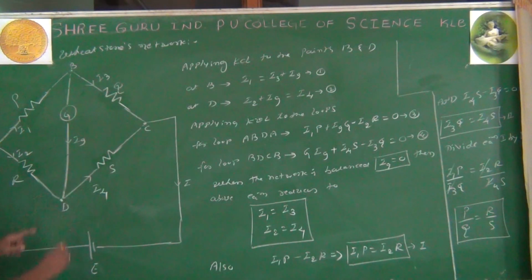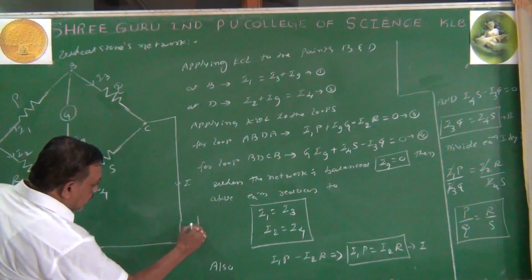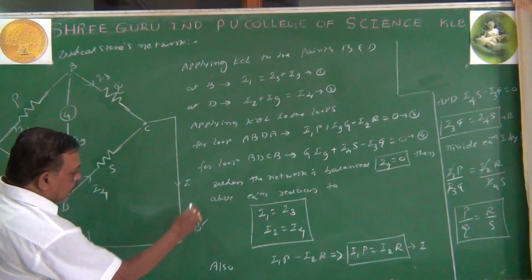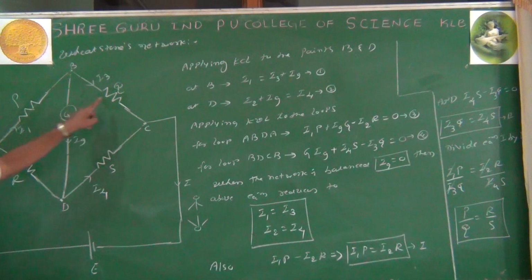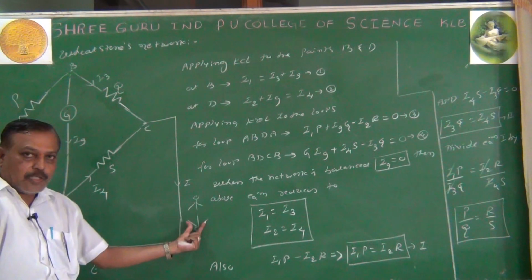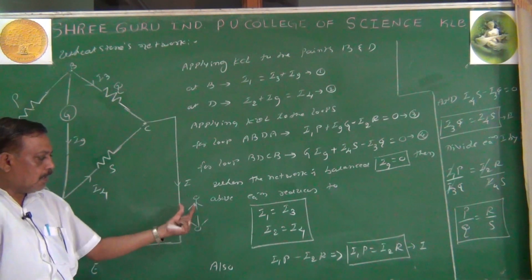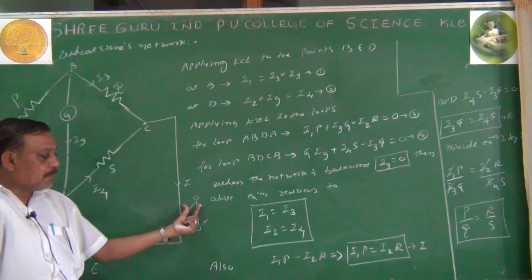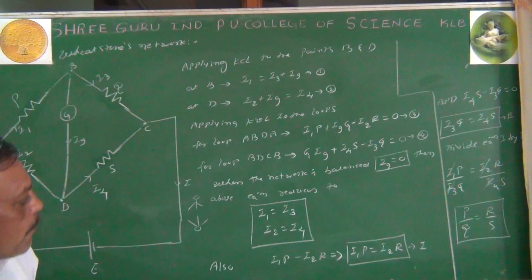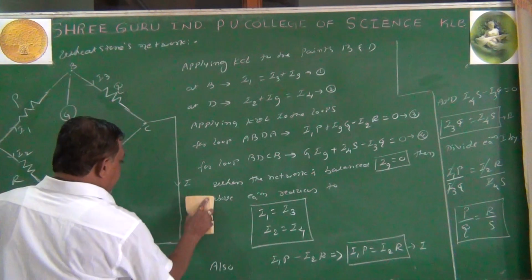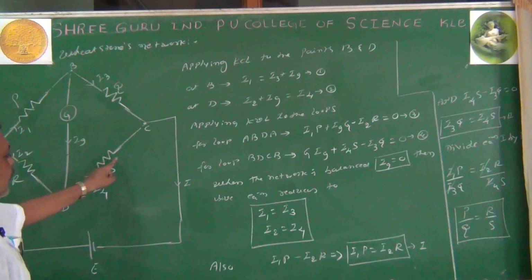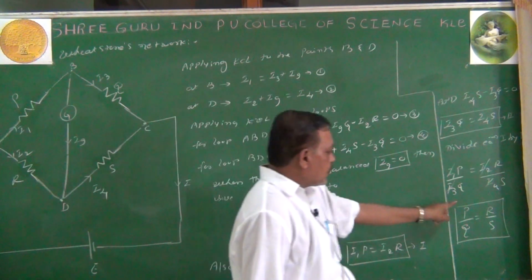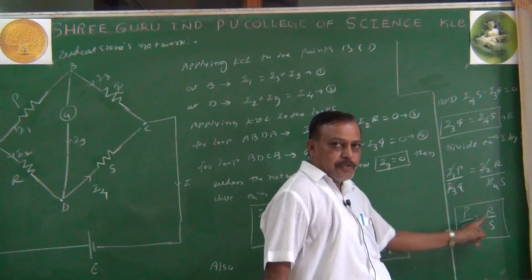These are also arms. If I make a bend here, these two become what? Arms. If I make a bend here, these become arms. These are the two upper arms. These are the two lower arms. Is it clear? Shall I use the term arm resistances? So P by Q equals R by S. What does that indicate? The ratio of arm resistances are equal. P by Q equals R by S.